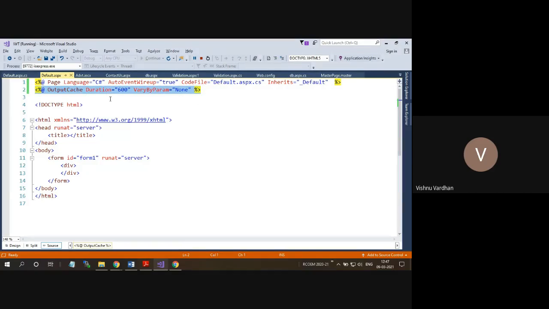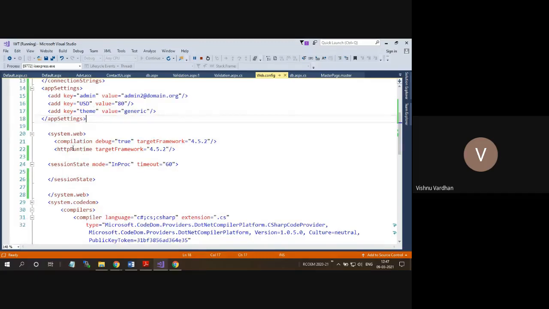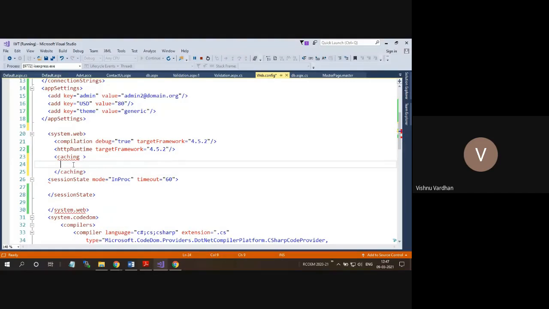Okay, so not only this page, you can have the caching applicable on this web.config file also. So in this web.config file also, you can enable this caching feature. You can see in the system.web, you can enable the caching feature, and accordingly you can create some timeout and what are the pages.